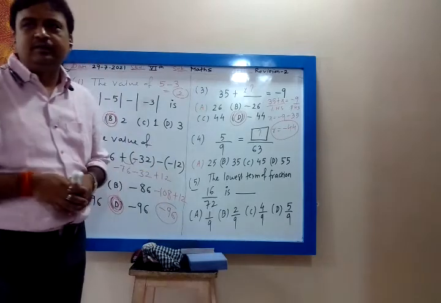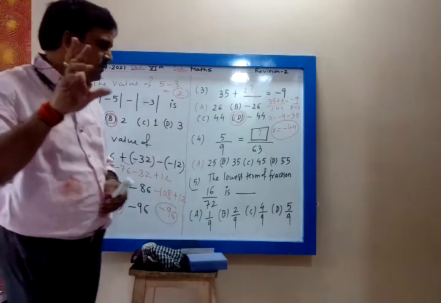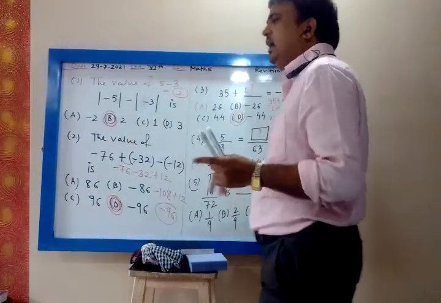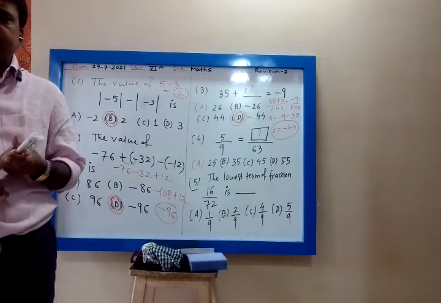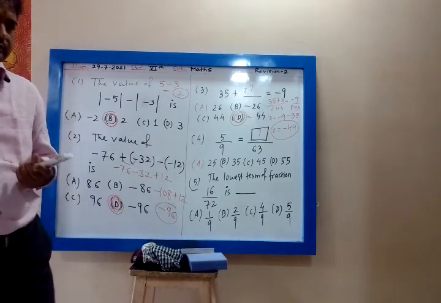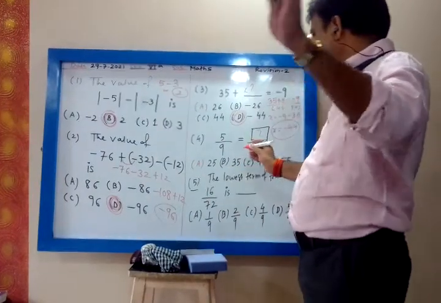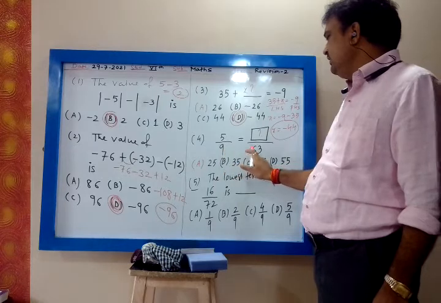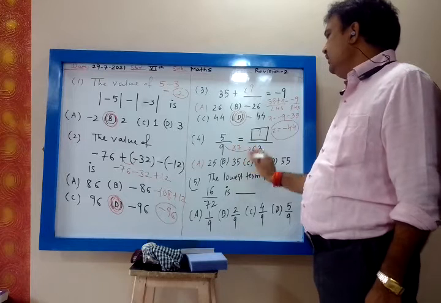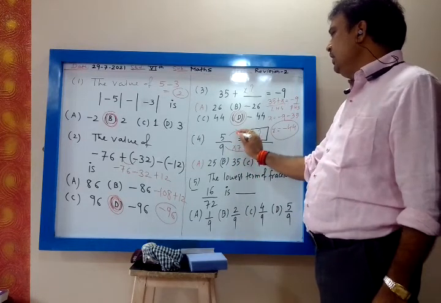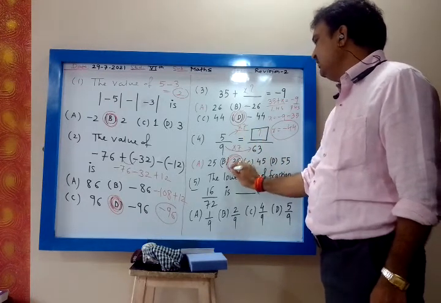Chalo, fourth one. Okay, 35. Yes. Wait. 30, my dear. Chalo, 30. Yes. Very good. See here, you see the denominator. It is 9 and 63. 9 we are multiplying by which number to get 63? By 7. So the numerator also you have to multiply by 7. 7 fives are 35. So 35 is my correct answer.